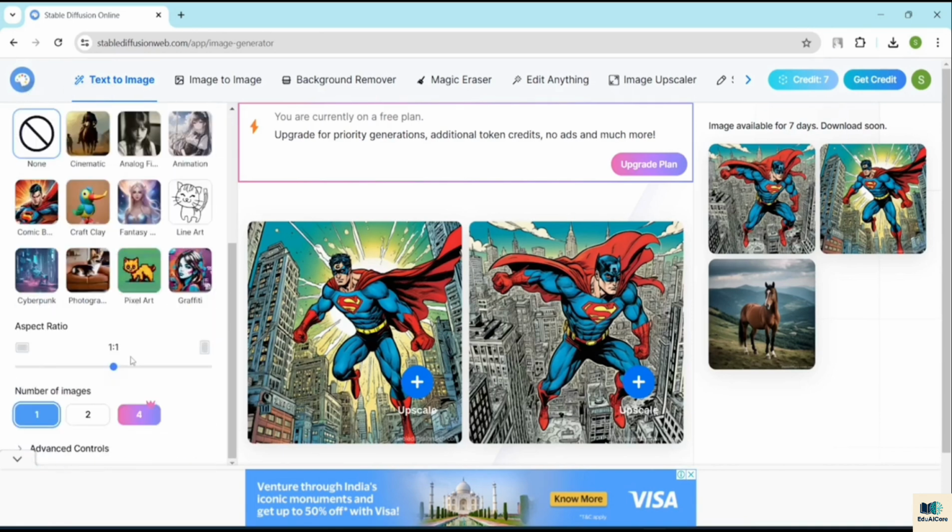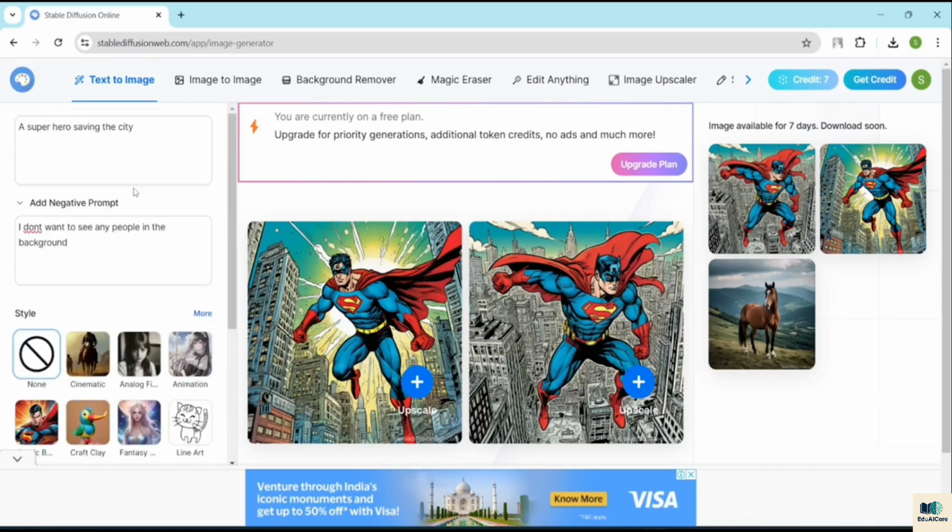Okay, and now let's change the aspect ratio and let's go to 5 by 12 or 4 by 7 right over here. And now I won't give any negative prompt, but here I do want to give a positive prompt, or I do want to describe what I want to see right over here. Okay. So let's say